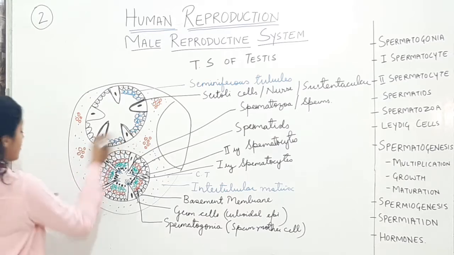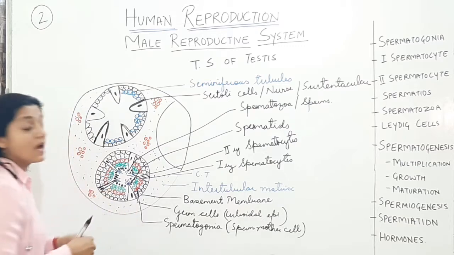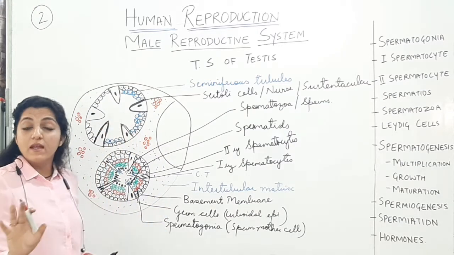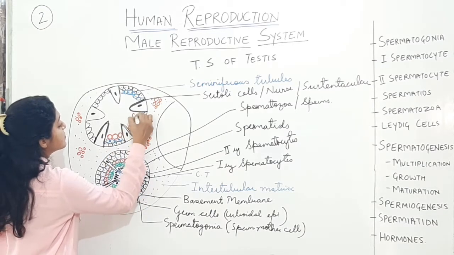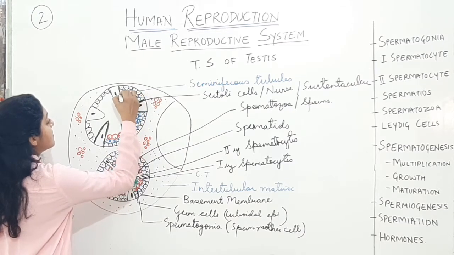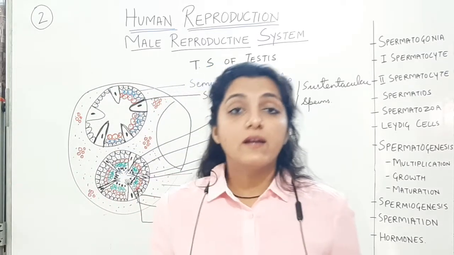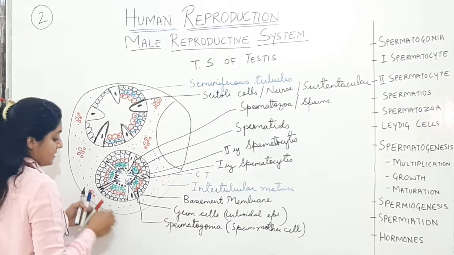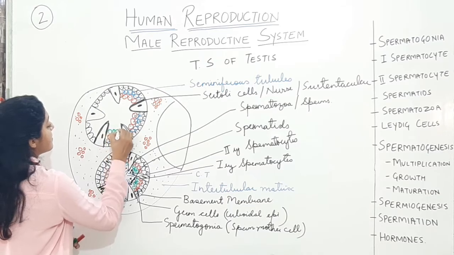So here, after spermatogonia, you will have spermatogonia growing in size because of accumulation of food. Not all spermatogonia will; some of them are going to grow and become bigger in size. These will be the primary spermatocytes. These primary spermatocytes will now undergo meiotic division and produce the secondary spermatocytes. After primary spermatocytes you will find secondary spermatocytes.